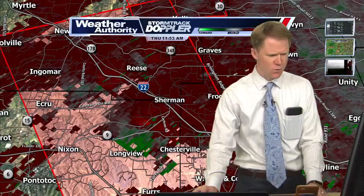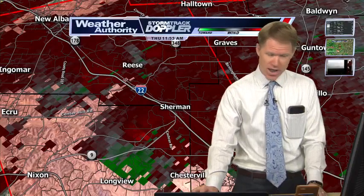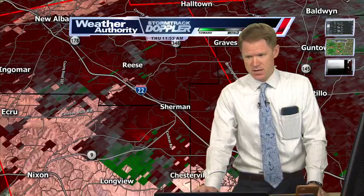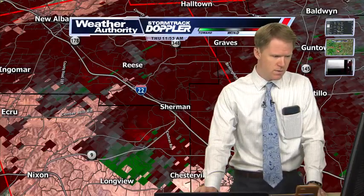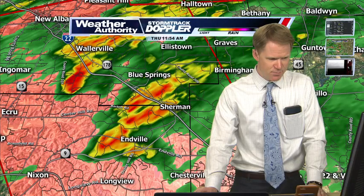I think we might have hit 54 once, but that's about as strong as anything is, and certainly it does not look on radar anything like what it looked like when this tornado warning originally came out for Lee, Pontotoc, and Chickasaw counties earlier. It has weakened on precipitation mode, but it is still definitely there on the wind mode of Storm Track Doppler radar. In the Enville area where we are watching that, pretty much right over top of